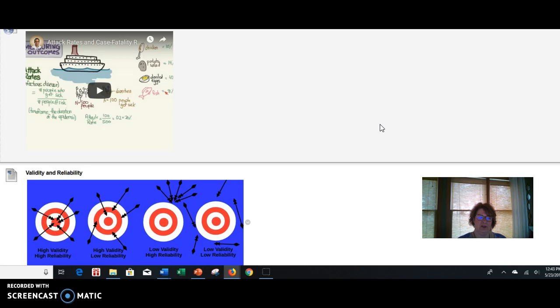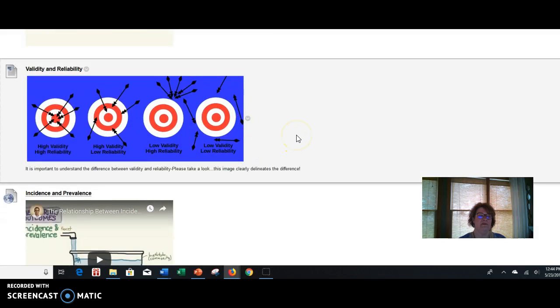So I've included some very helpful tools to understand attack rates and case fatality rates, and also looking at validity and reliability. So this is a wonderful visual that would probably take an hour to explain if you would just use your words, but looking at the visual, it's very clear as far as differentiating